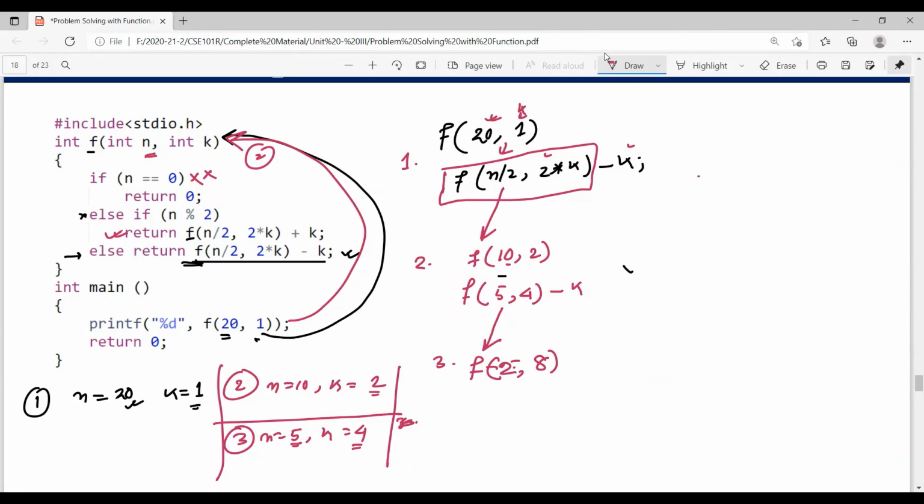So it's calling now the fourth time. First time it's called here, second time it got called here, third time, and this is the value of k, this is the value of k, this is the value of k. Got it?